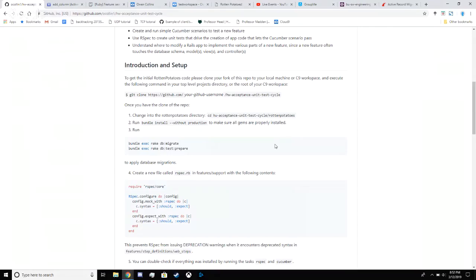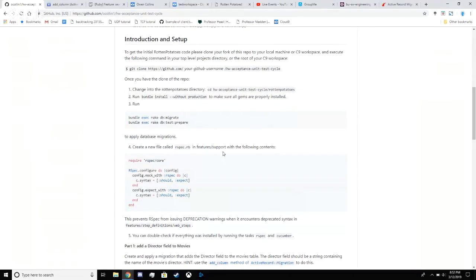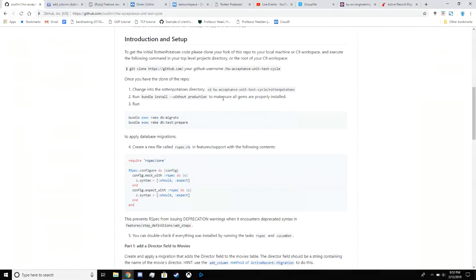To apply database migrations, create a file called. Okay, wait. Once you have the clone of the repo, change to the Rotten Potatoes directory. Bundle install without production to make sure gems are all properly installed. Bundle exec rake db migrate. Bundle exec rake db test. But we're not actually sure that